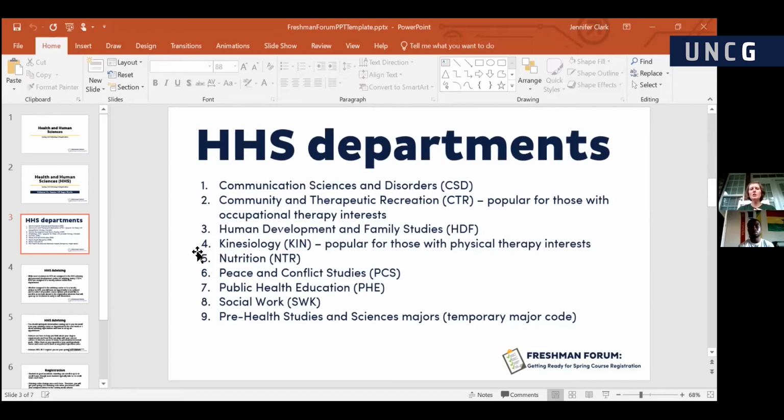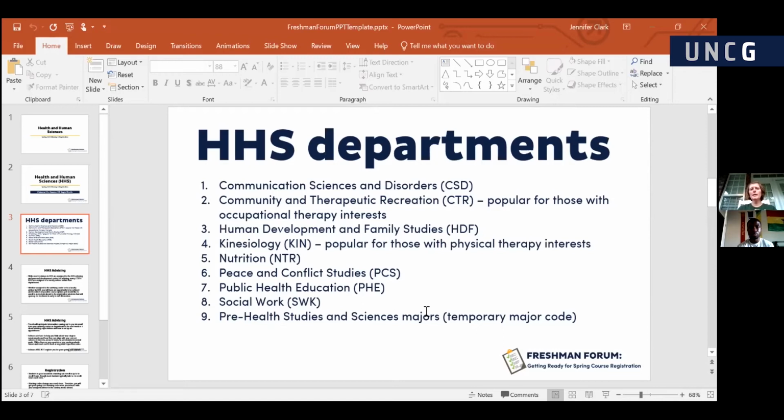In the public health education department, there are 2 majors: health studies, which is only online and restricted to students that have already earned a formal associate in arts or associate in science degree, and community health education, which is only on campus. Then we have social work, really just 1 major. But for social work majors who want to work as social workers in the public school setting, elementary, middle, or high school, there's also a school social work licensure for those who have an interest in that.